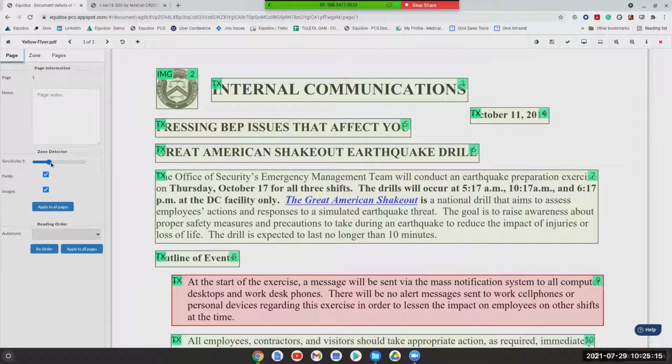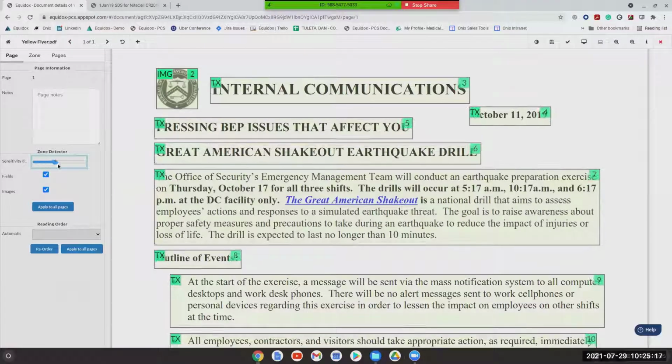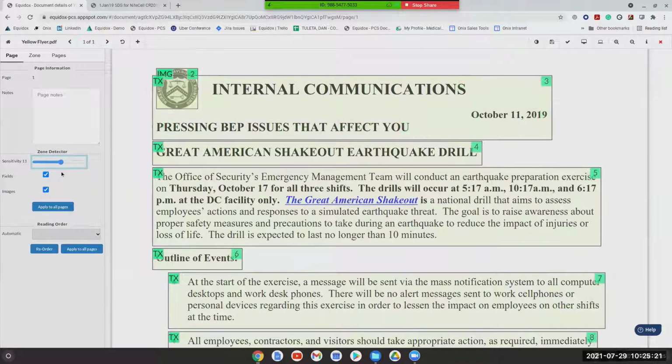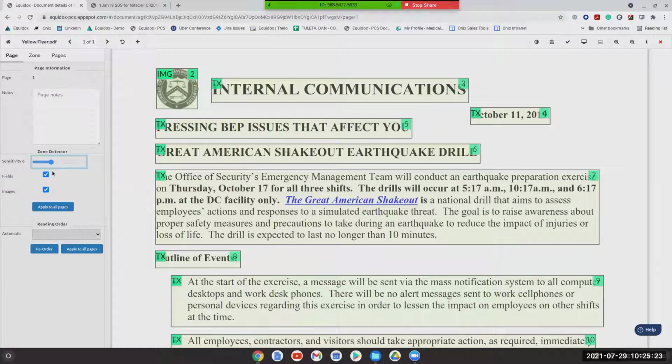If you're not satisfied with that starting point, you always have that zone detector to redefine things. So you can change that initial auto detection level if you want to. But when you're working with documents that were not previously tagged, Equidox's auto detection of that data is usually very much spot on and does not typically require any adjustments other than maybe manually setting things like your headings and your lists and your tables.